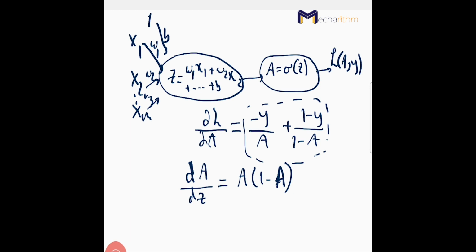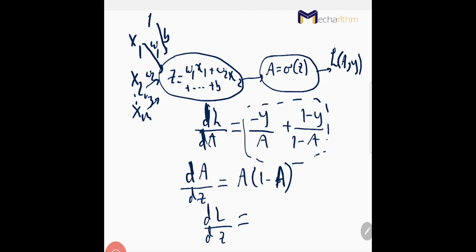So what I'm going to do now is multiply both, because I need to get the partial derivative of L with respect to z, for example. Actually this can be just the derivative, since we don't have partial elements that we need to take care of. So it's just the derivative of L with respect to A, and we got the derivative of A with respect to Z. So we're going to have just the derivative of L with respect to Z right away. We don't have to use the partial